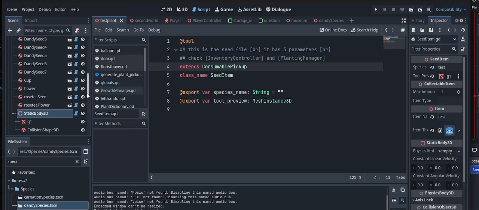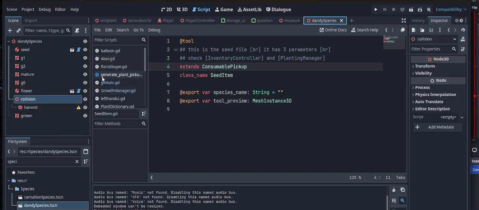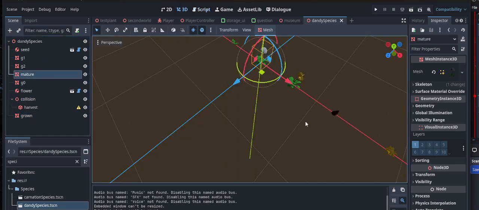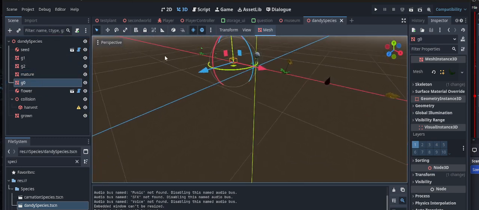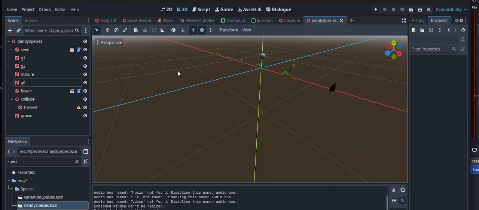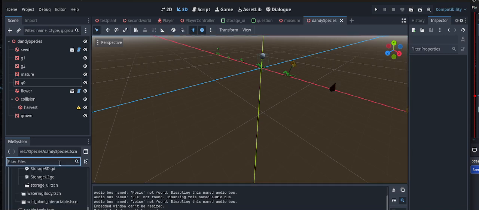So I have found a way to make sure that the trees, as they look right now in front of you, the grown and mature are just simple meshes. There's just the growth stages. And the reason I built this is, basically, that was the scaffolding. And then I realized I could just call in an empty collision, which I called